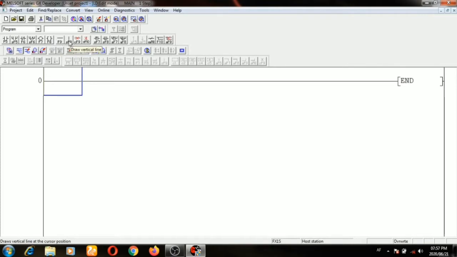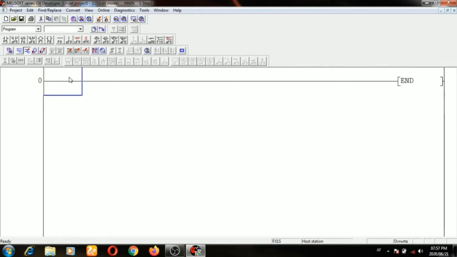Horizontal line, vertical line, delete horizontal line, delete vertical line, rising pulse, falling pulse, rising branch pulse, falling branch pulse. And this is our simulator mode. If we don't have a PLC and we want to test our program, we have to use simulator mode.